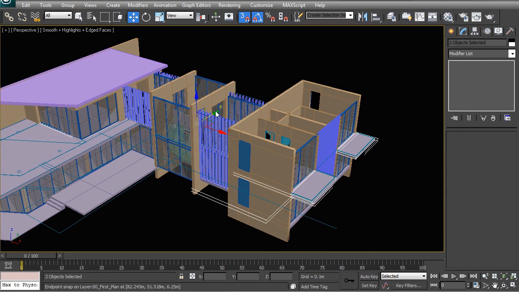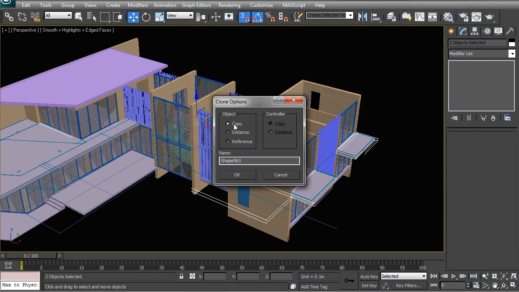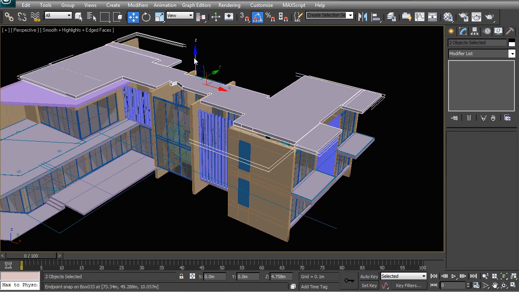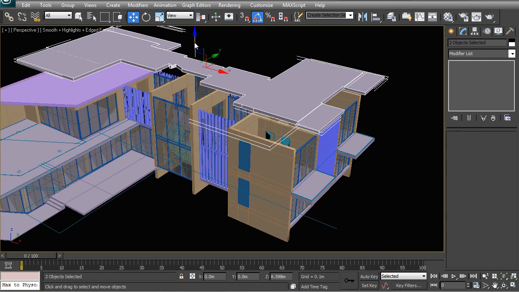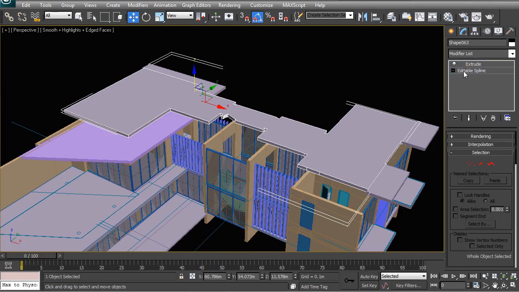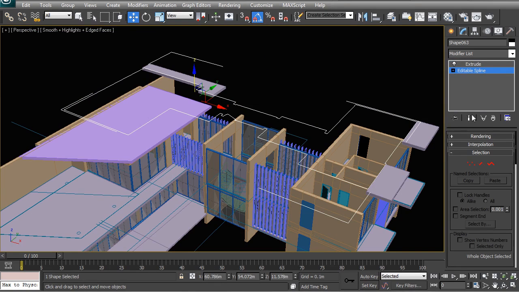So after having selected these objects, I'm going to type Control V on the keyboard, make a copy, OK, and move it upwards. I'm going to move it actually way past the building so that we can clearly see what we're working with. Basically, we want to trim off, I can now go to the editable spline, we want to trim off